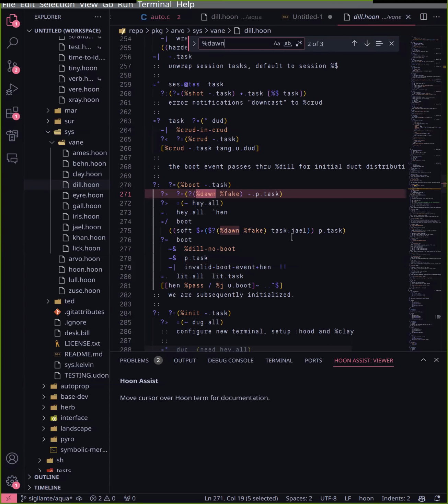Just the boot task or, like here, the init task? The initial distribution. Like it boots jail. Jail is booted from Dill, for instance. Yeah, again, this is just how it works. You can build this a lot of different ways. Yeah, that may be a fine